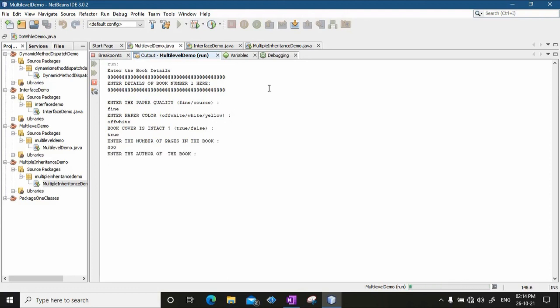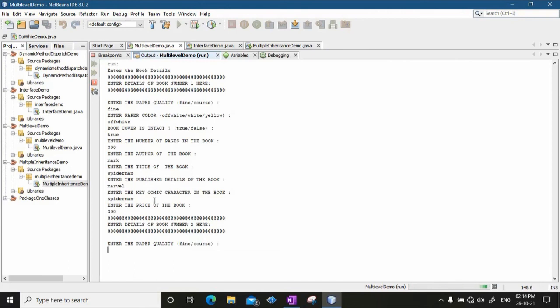Enter the author of this particular book, say Mark. Enter the title, say Spider-Man. Enter the publisher, say Marvel. Enter the key comic character in the book, say Spider-Man. And finally the price of the book, say 300 rupees.